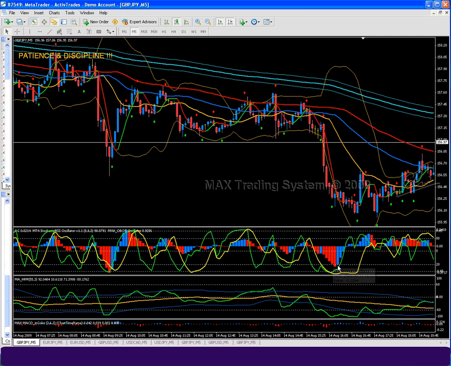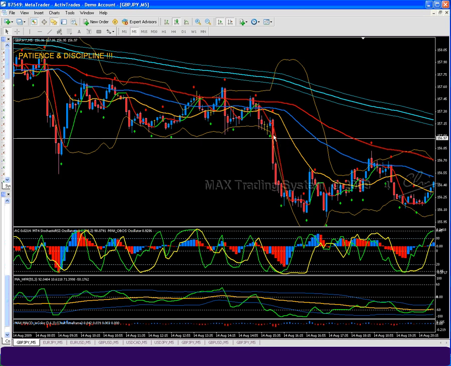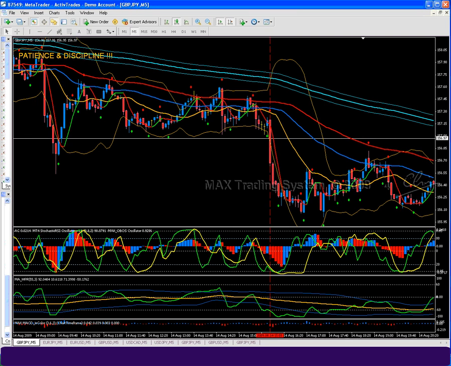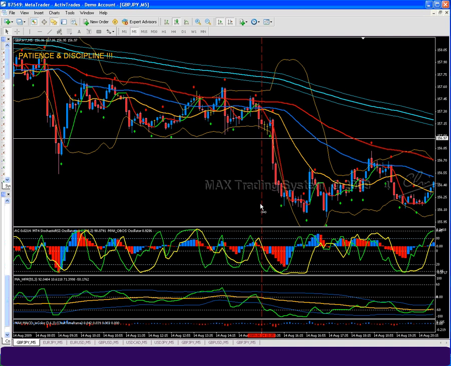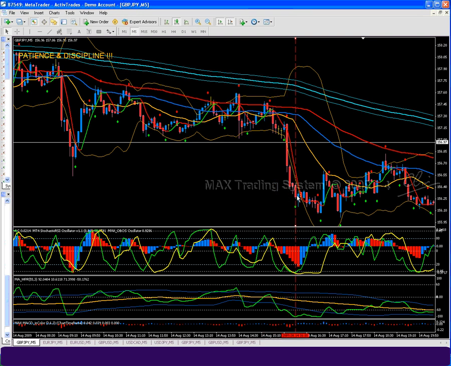Let's take an example. You have a movement here. And you see, of course, afterwards that the movement goes very quickly downwards. If you look what the accelerator is showing here, you see that it became negative several bars earlier in the past. And when the price goes to the low side of the chart, you see that this accelerator becomes more and more negative. So when you have to open a trade,